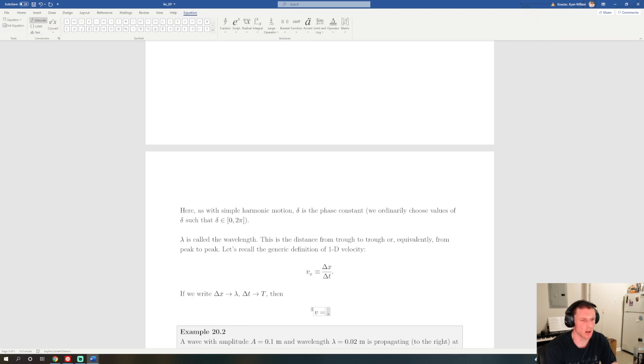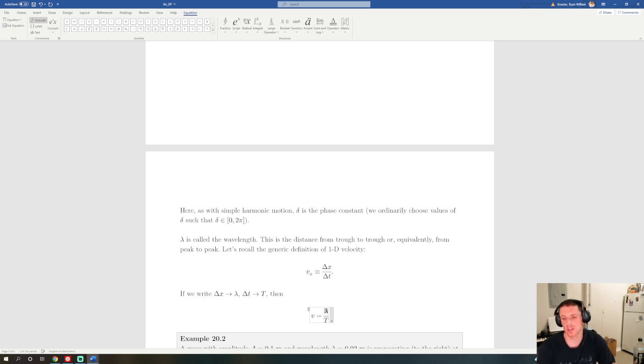The propagation speed of the wave is given by lambda over big T, right? We can totally write this because remember this is a distance, or this does have dimensions of distance, and this has dimensions of time, of course. And so,